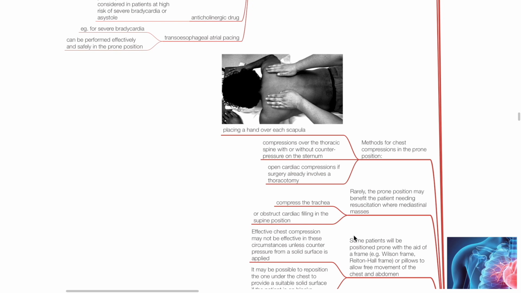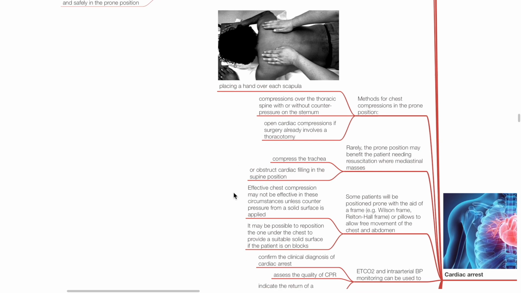Methods for chest compressions in the prone position include placing a hand over each scapula, compressions over the thoracic spine with or without counter pressure on the sternum, or open cardiac compressions if surgery already involves a thoracotomy. Rarely, the prone position may benefit the patient needing resuscitation when mediastinal masses compress the trachea or obstruct cardiac filling